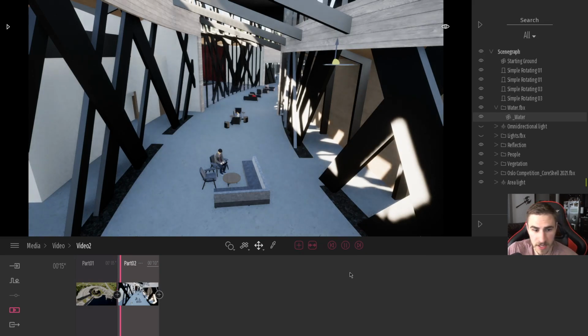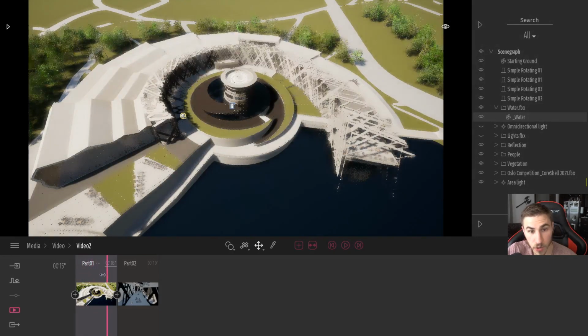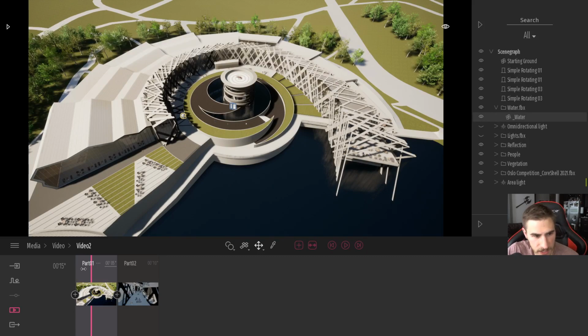And maybe at this point I want to play or preview. Well, I can just simply hit the play button, and it's going to play from the point in which I'm in. I'm actually in part 2, so it's going to play part 2. Well, there's only one particular piece of part 2, so nothing's going to update. So I need to come over here to part 1. And as you can see, I can actually scrub, if you're familiar with that term in video editing. I can move across time and not just start at the beginning and press play. But what I can do is take this all the way back to the beginning, and I can press play. Okay, great. Really, nothing's happening yet.